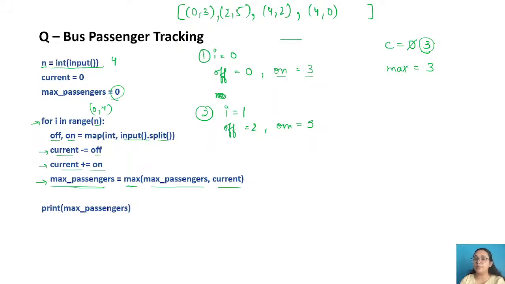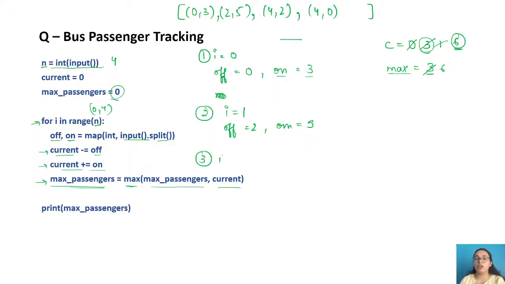So 3 minus 2 makes it 1, and 1 plus 5 makes it 6. Now again you calculate max passengers: the maximum of the previous max value, 3, and the current value, 6. So 3 comma 6, maximum is 6, and the maximum will be updated to 6.